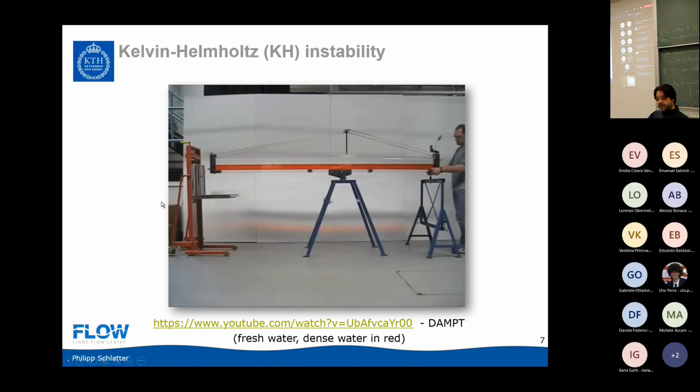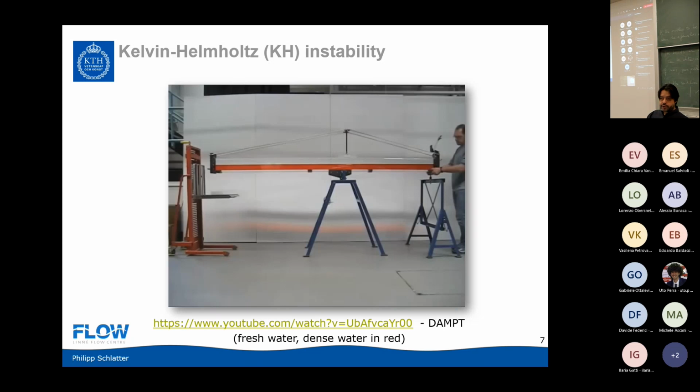The other famous instability is this one here, which is called the Kelvin-Helmholtz instability. It's essentially what we would call a shear layer instability, when you have two fluids that shear with respect to each other. And this is an interesting experiment where this instability is shown. So this guy here will now lift this instrument up, so it will tilt. And it turns out that